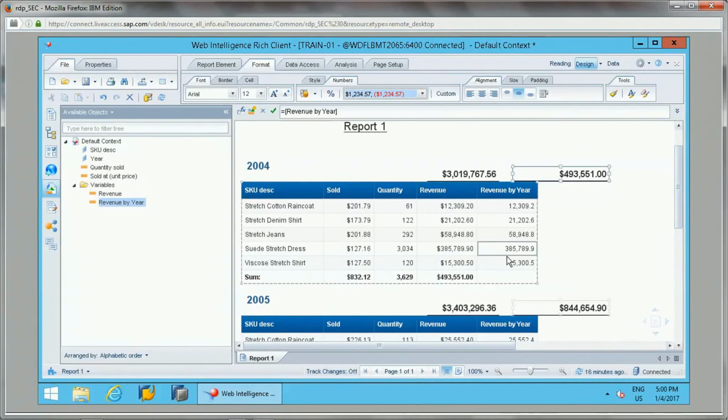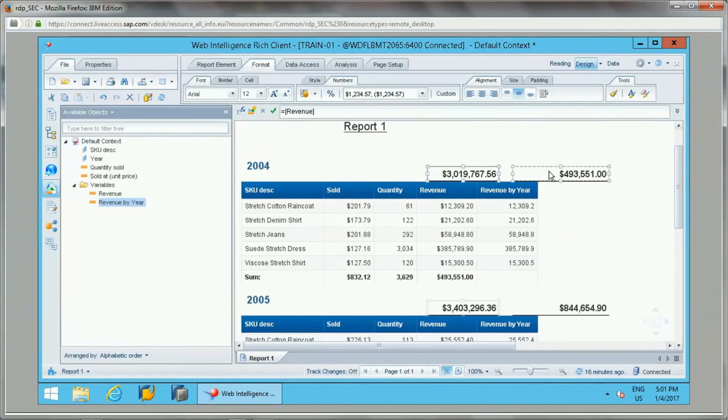So now if you see the value which is here, this revenue by year, these two values are same in the context. Whatever the value for this 2004 year, which is 493551, it is coming as 493551. Why has this happened? These values are same, these values are also same, and we have just moved this variable from here to here at section level, and it is giving a different result, while the same thing I have done, we have just moved this variable to the section level, still it is giving the correct result.